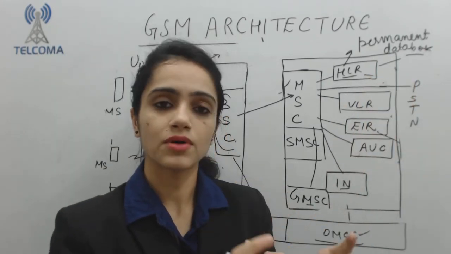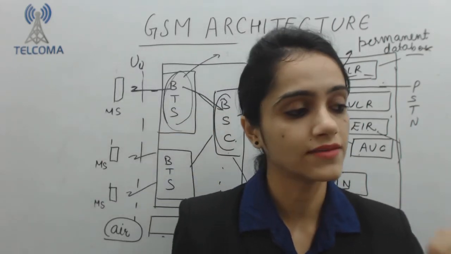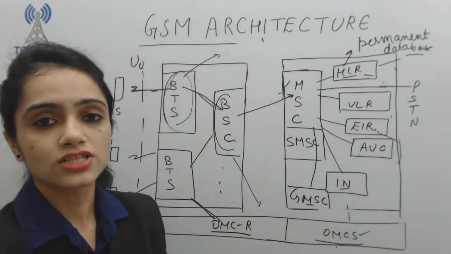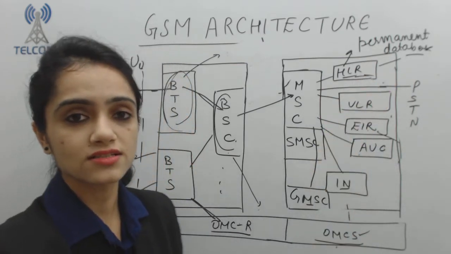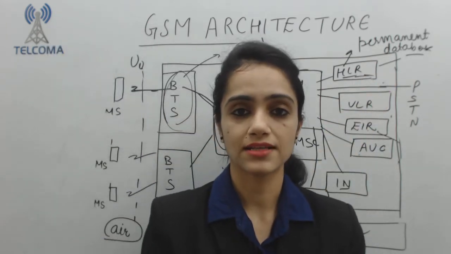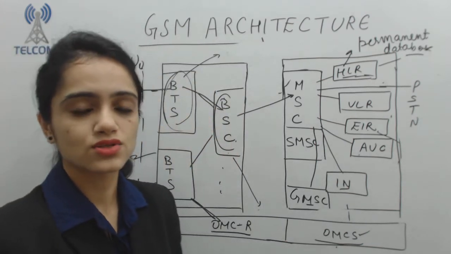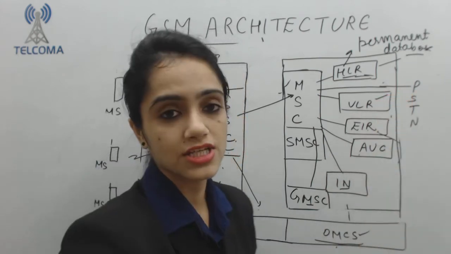As we have numbers also defined according to the HLR, that under HLR1 we have these numbers, so they are allocated. So that means the permanent location or permanent database will be my HLR, home location register, and that's why its name is home location register. It can store a value.